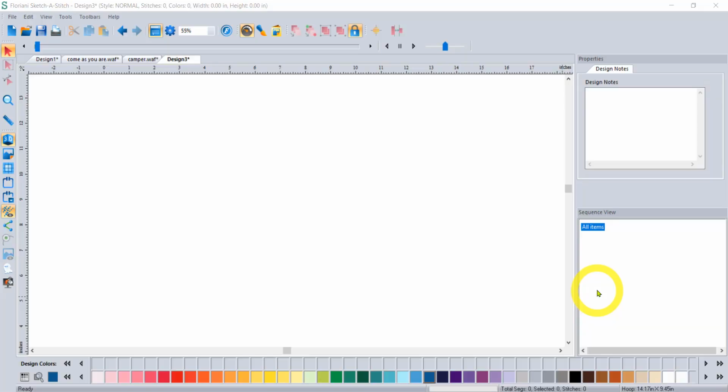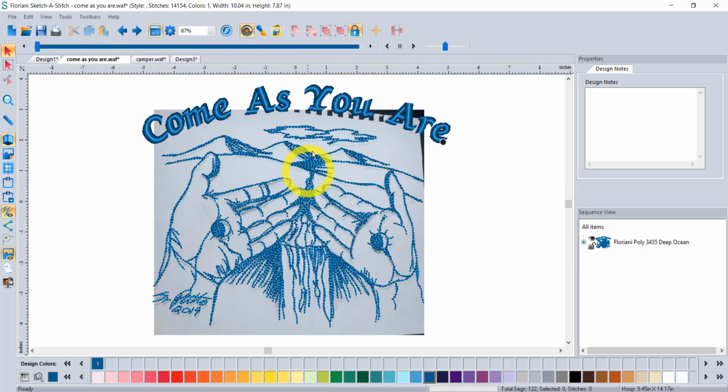In this video, we're going to talk about creating continuous line embroidery designs, or at the very least, learning to manage and minimize jumps using the software. To get started, first of all, I'll just show the basics of how it works. And then we can talk about how you would use a piece of artwork to create a design such as